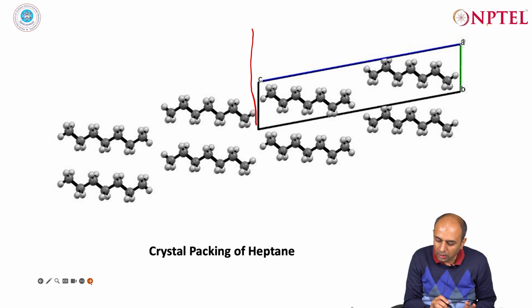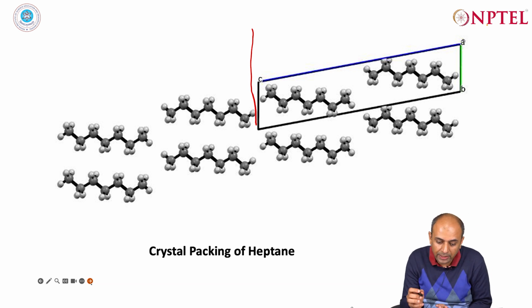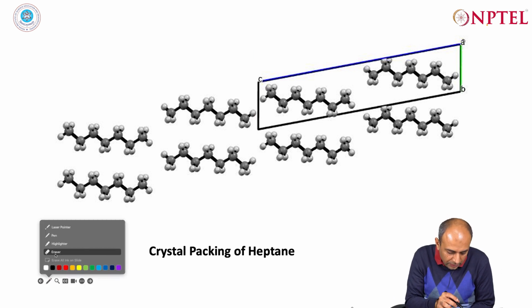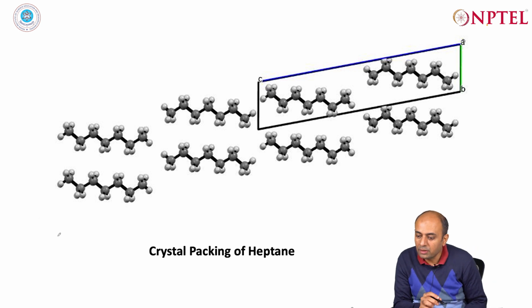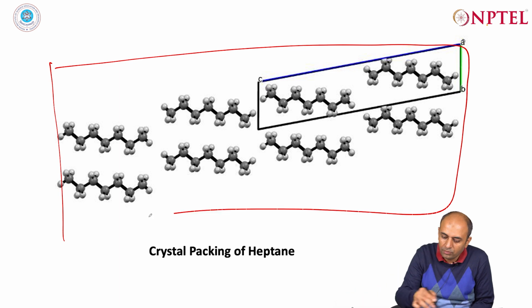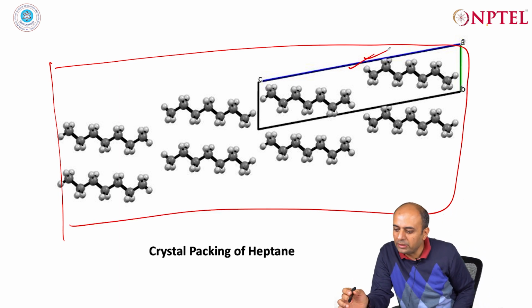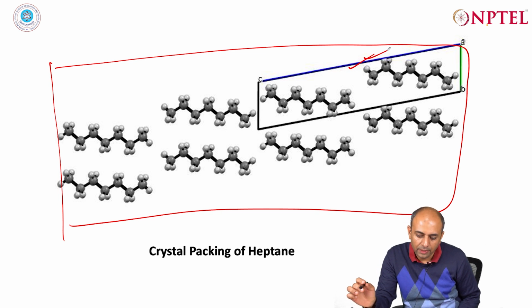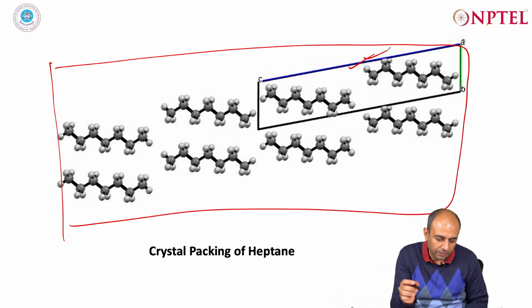Now, let us go to the next case, heptane. In case of heptane, you can see, I would like to remove this line here. So, in case of heptane you can see that this is the arrangement of the molecules in the solid state, this is the unit cell. The unit cell is down the A axis, that is down the BC plane, and here you can see that heptane C7H16, CH3, 2, 3, 4, 5, 6, 7,